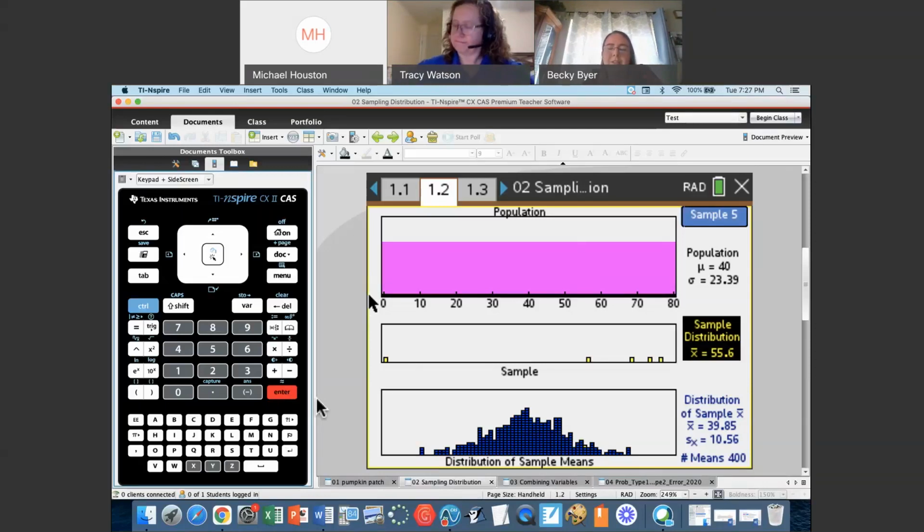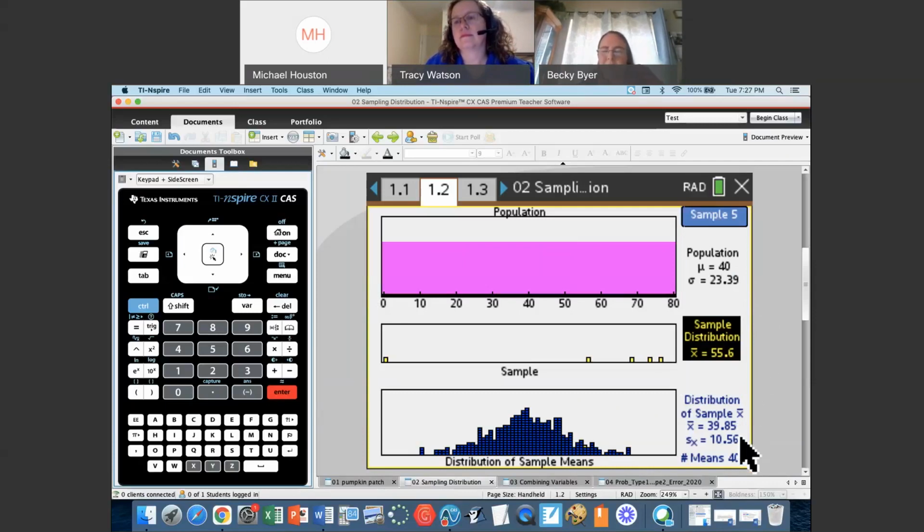All right, so I want you to take a look at the standard deviation at the top for your sampling distribution and the standard deviation for your distribution of sample means. And we have a good conversation as a class. Notice the means are approximately equivalent, but your standard deviations are not. And so at this point, I have my students make a prediction.